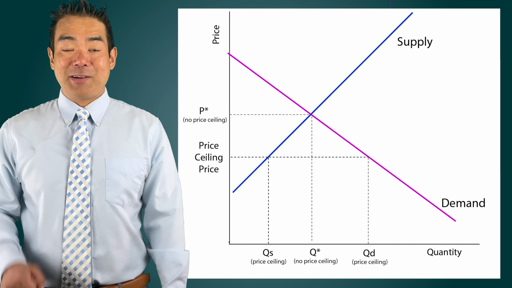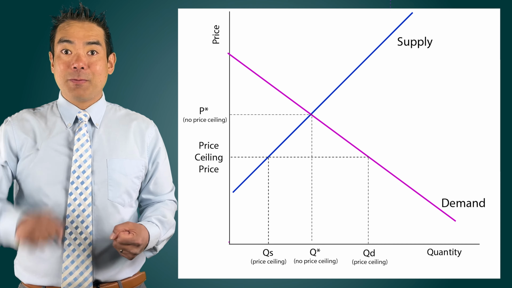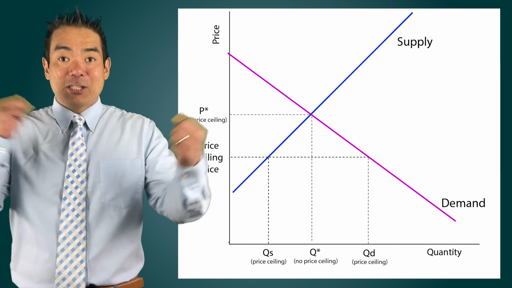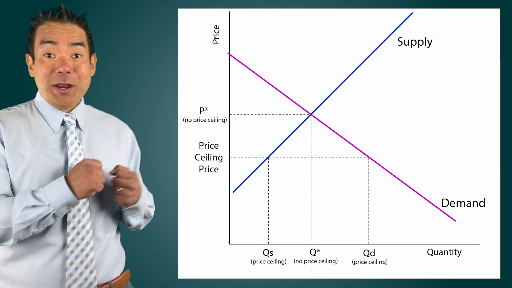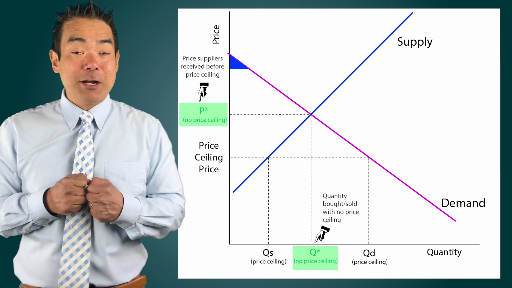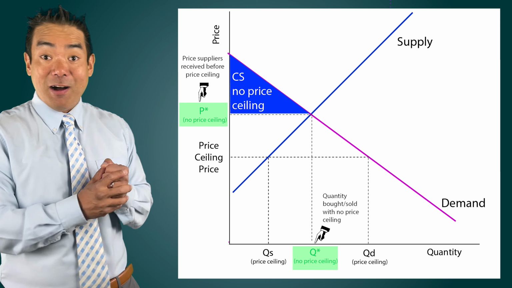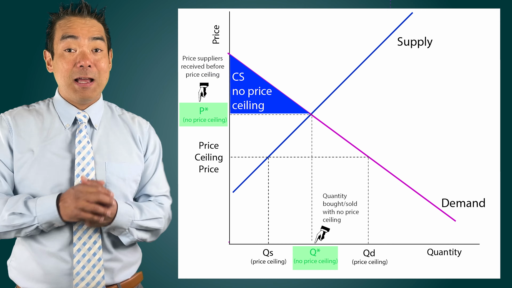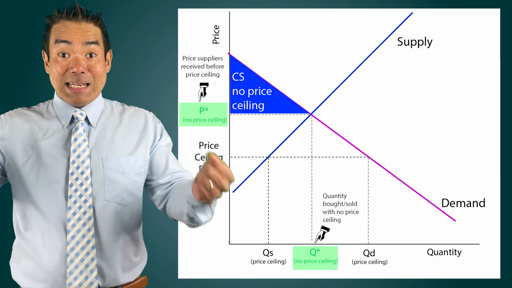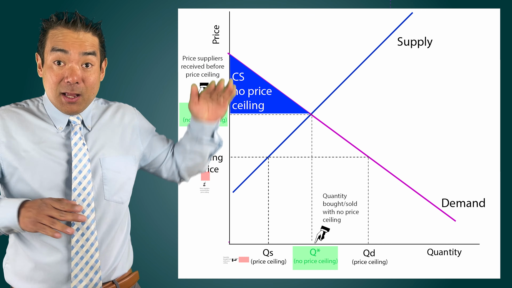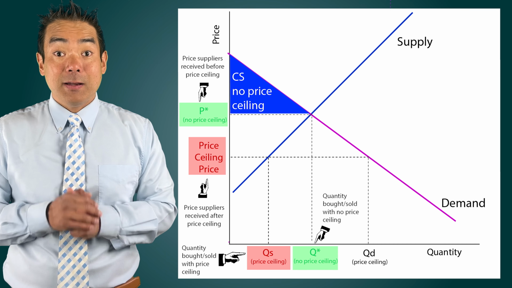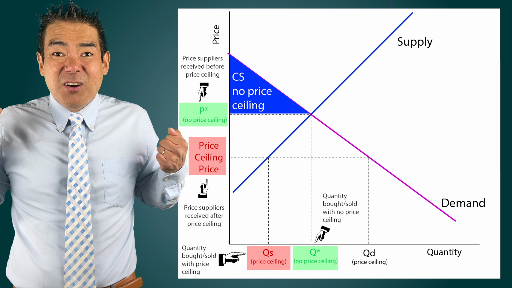Let's dive further into our stakeholder analysis by looking at consumer surplus, producer surplus, and social surplus. When we don't have a price ceiling, this area here is consumer surplus, the area above price, below the demand curve, and to the left of the quantity that they consume. Now, when we implement the price ceiling, the price falls to this lower price here, and consumer surplus is now